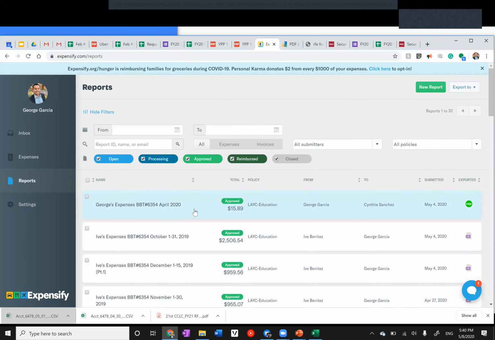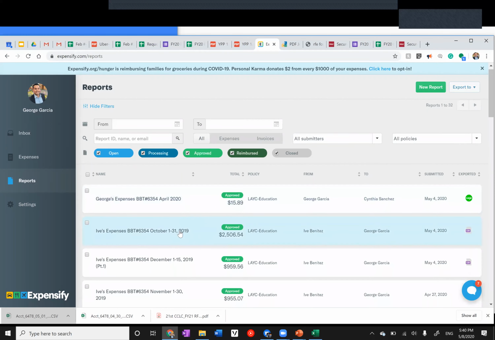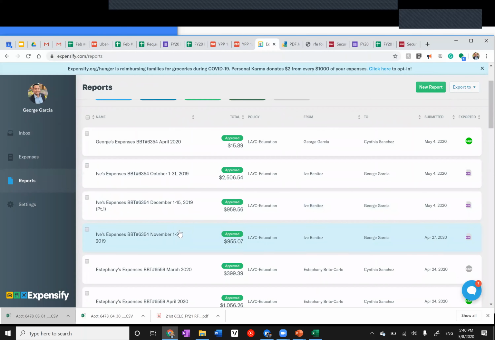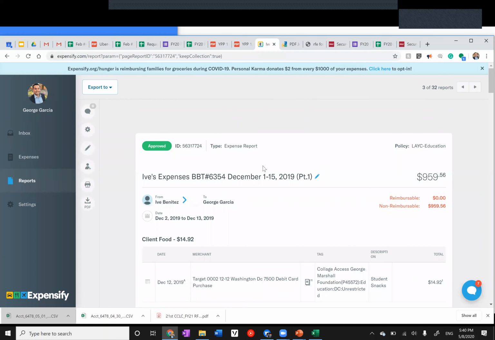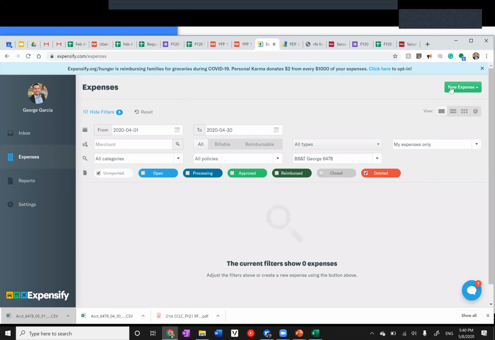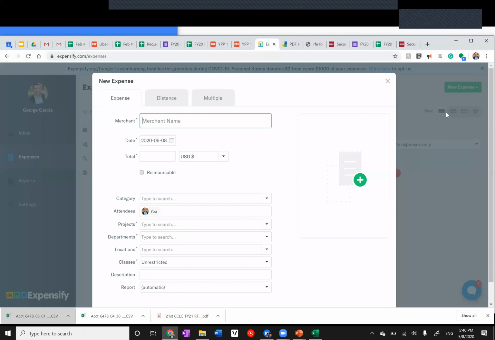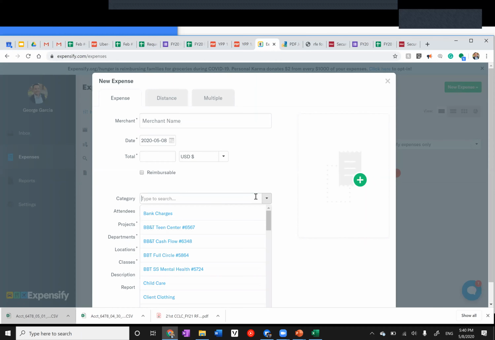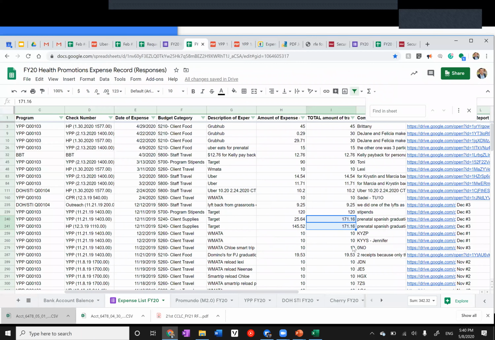Do the one for the 15th. I think it would be the easiest. For the 15th? This one? Yeah. Oh no, I wanted to see one where I can actually add an expense. Oh, you're going to need an open report for that. Yeah. So in an ideal world, this is where you would see this information, like when Cynthia uploaded the expenses, all of this was already pre-filled. This category line is where you're going to see all of the codes. That's where you're going to use this to say the transaction is the 171. Actually,